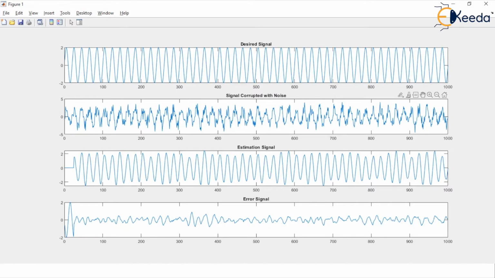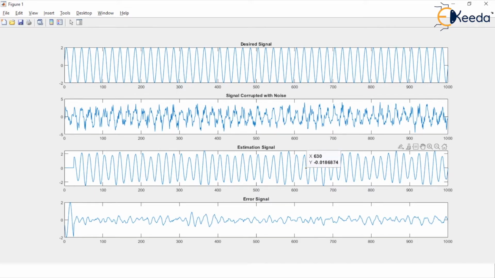Now comes the use of the LMS structure, the mathematical update equation according to the LMS algorithm we have implemented. By making use of it, the filtered signal, after the estimation procedure has completed, is displayed in the third location of this subplot.